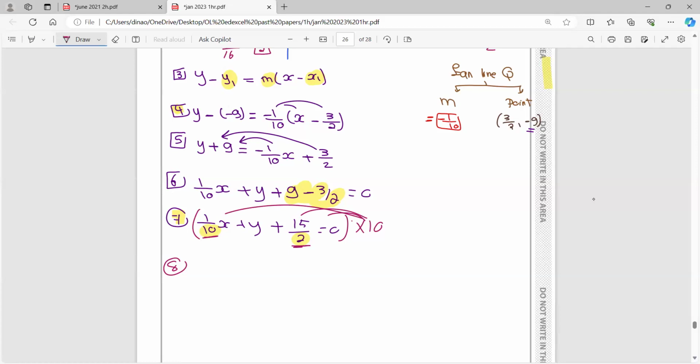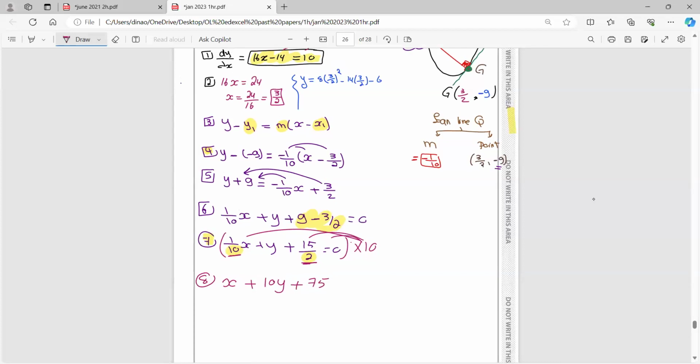So 10 times 1 على x هتبقى x. 10 times y is 10y. 10 times 15 على 2 هنعملها بالكالكوليتر. 10 times 15 over 2 is 75. تمام. So I think أنا هنا حاسبة حاجة مش مظبوطة. Okay, let's just see. Negative 1 على 10 لا I think إحنا هنا تمام. 9 minus 3 على 2, 9 minus 1.5 okay. And then what do I do next? I multiply by 2. تمام كده؟